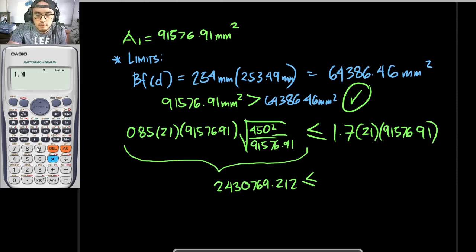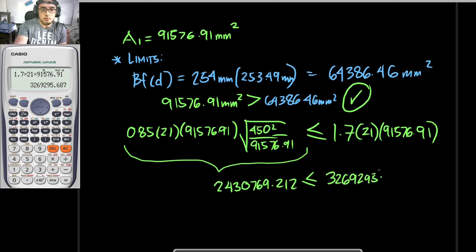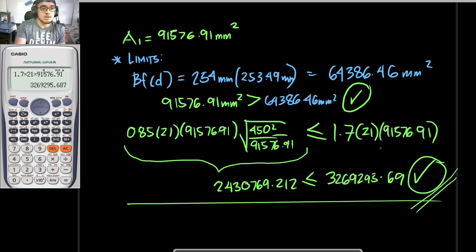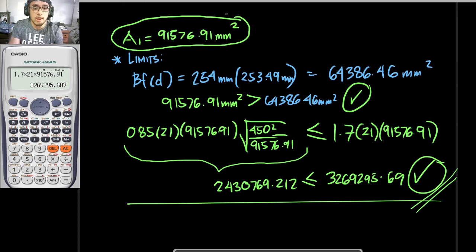So, 1.7 times 21 times 91576. Oops. Di pa ako tapos eh. 0.91. Okay, so this is to be 3269295.69. So this is to be checked as well. So if you have surpassed both of these limits, so we would be using this value right here as the value for our A1. Okay, so yan ang ating A1 na gagamitin